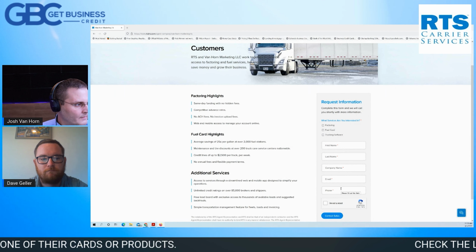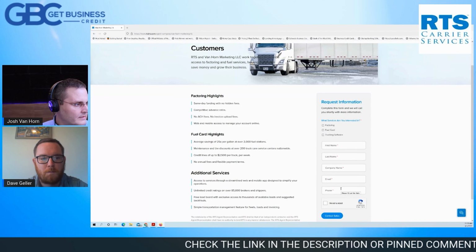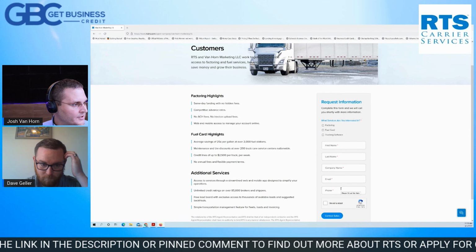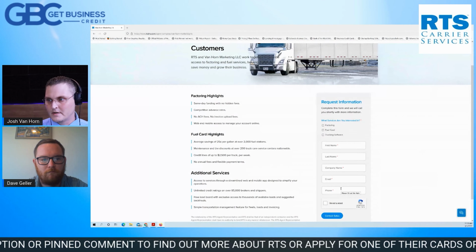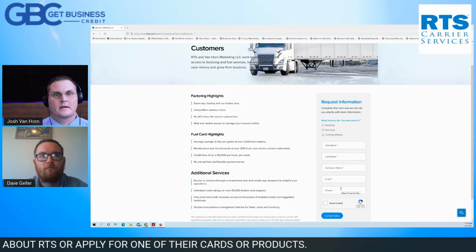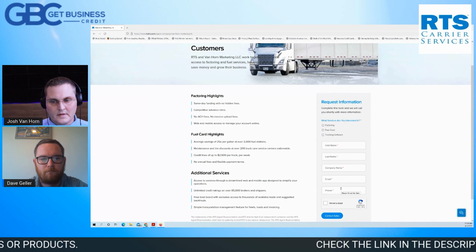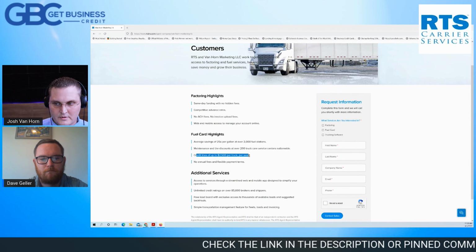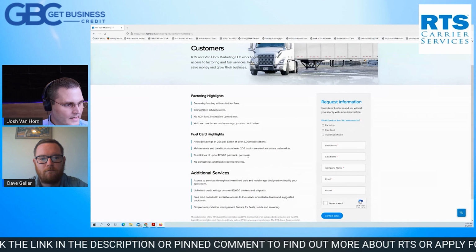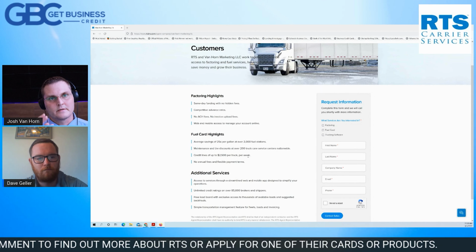Dave or one of his leads, Derek, one of you guys will get back to whoever fills out this form and find more information about their business, how you guys can better suit them, if you're a good match and everything. And they have factoring. They got 2 different fuel cards, the load board, trucking software, and like it says here, credit lines up to 2,500 per truck per week. I think, if I'm not mistaken, that's with the Titan card. And it's pretty much no credit check, but it's low risk for them because, like Dave said,